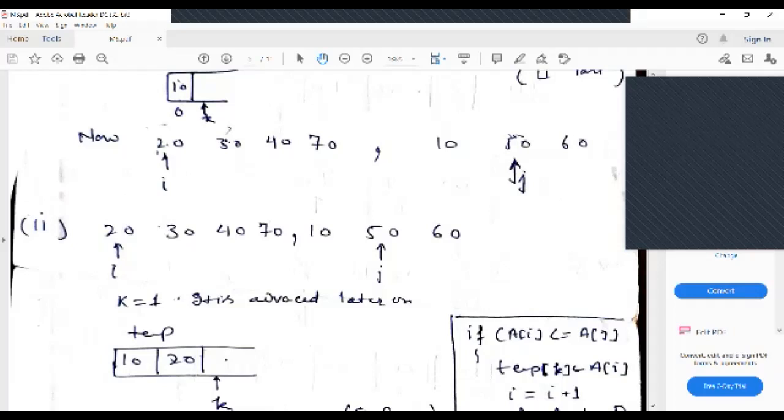Okay, हो गया। Now compare this 60 and 70. If AI is less than or equal to AJ, no. Again 60 will be inserted to the temporary memory and J will be incremented to J+1. अब क्या हो जाएगा? In the last case J पॉइंटर कहाँ पे हो जाएगा? कहीं 60 के बियॉन्ड चला जाएगा नेक्स्ट मेमोरी लोकेशन पे, और I is still at the position 70.